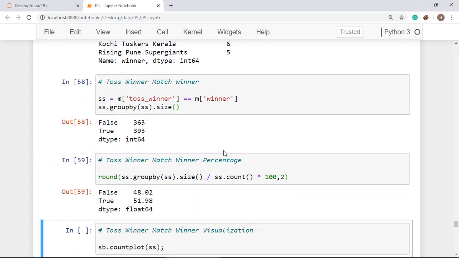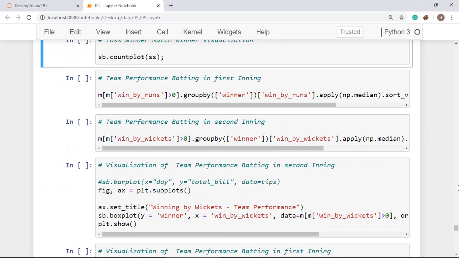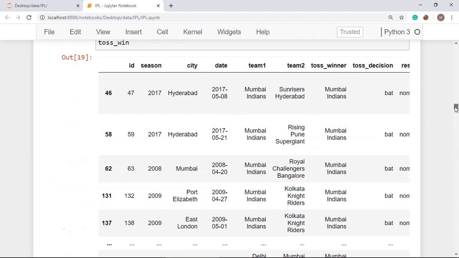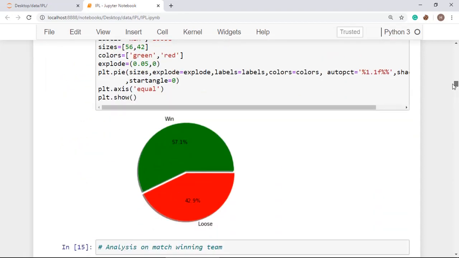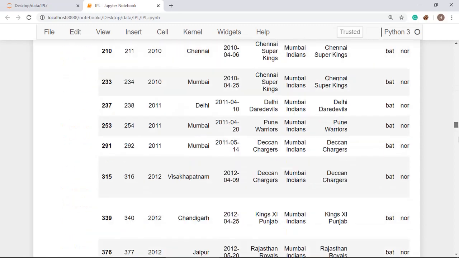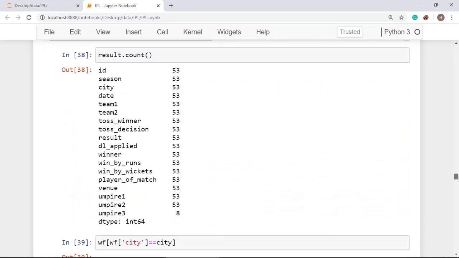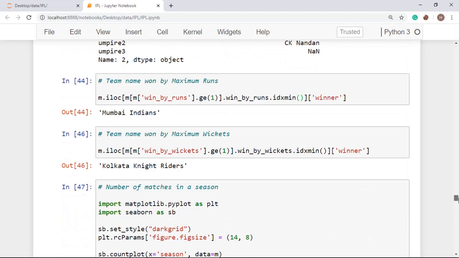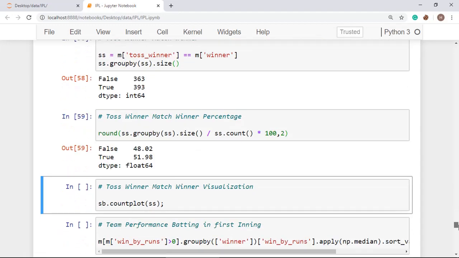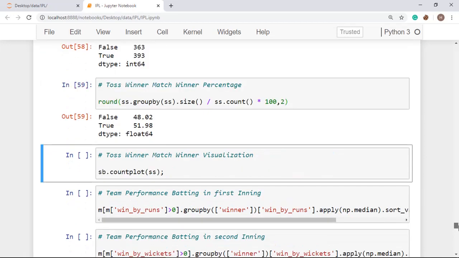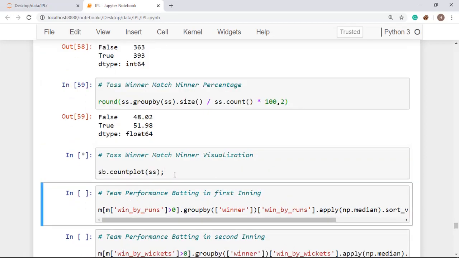All right, you can also calculate the percentage. I have shown you another method yesterday, and now I am showing you the shortest method. In the previous one, we had written about 4 to 5 lines to find this thing. You can see here, win or lose, in this manner this much we have written, and here we have written just 2 lines and we are getting the same results. All right, so you can practice this thing, and we can also plot it like this.